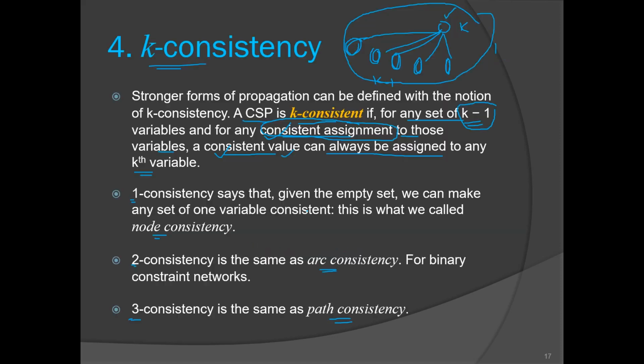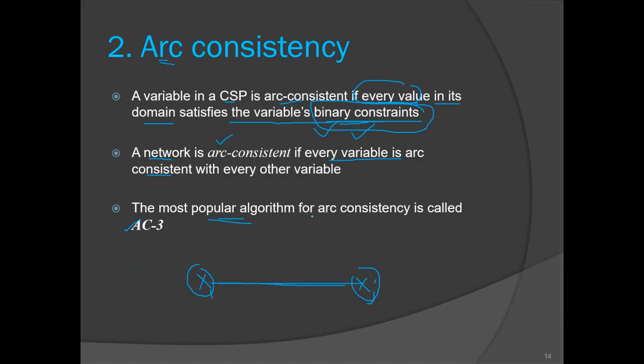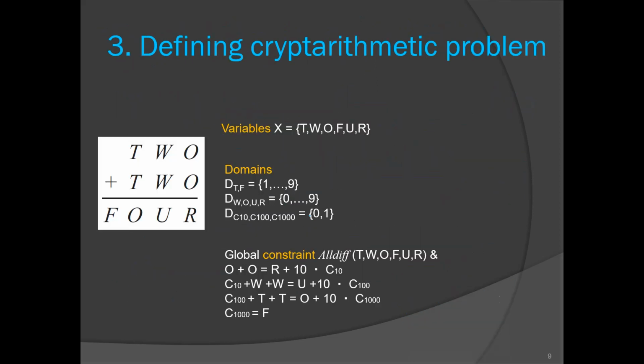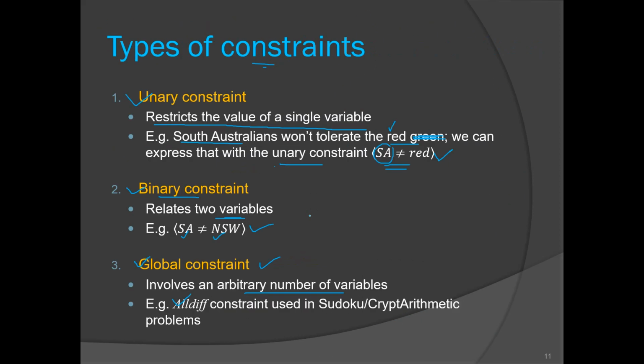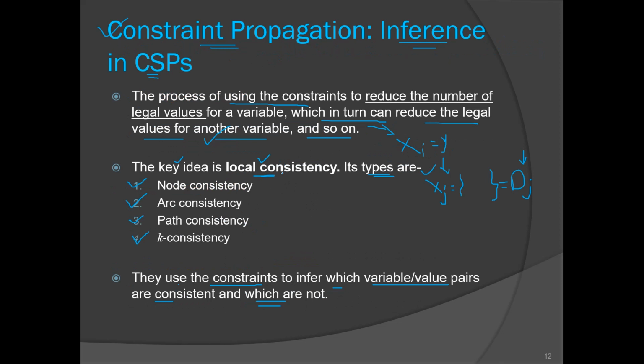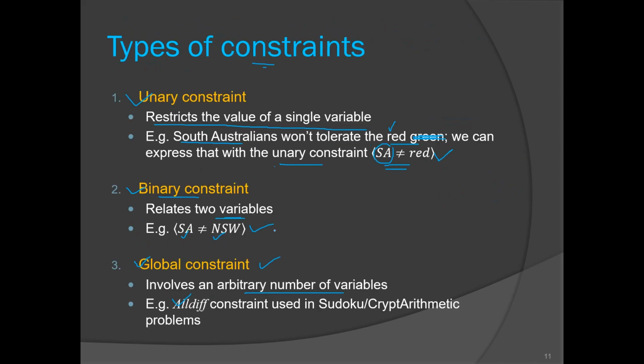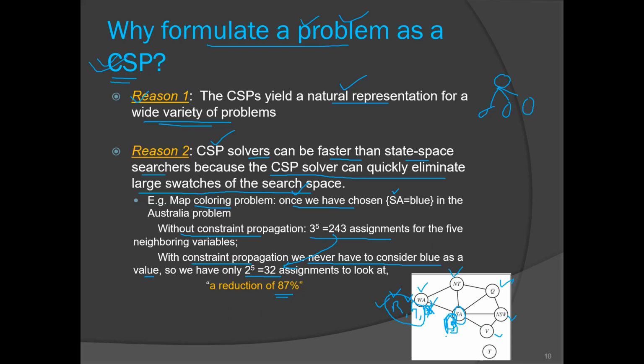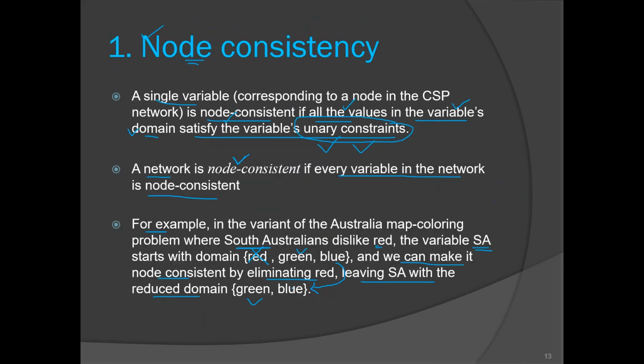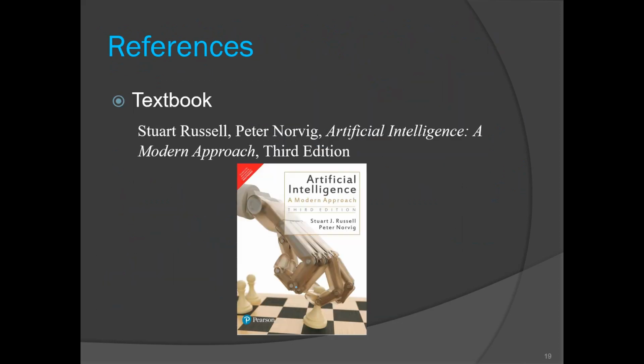So we'll stop now. I think today's concepts are clear to you. In constraint propagation, what we do is propagate the newly assigned value, and because of that there is a reduction in the number of legal values for the next variable. We have seen this through one example, right? Okay, so we'll stop here.